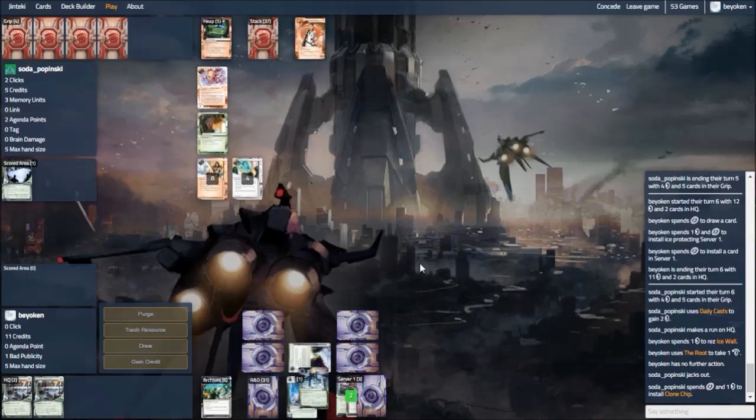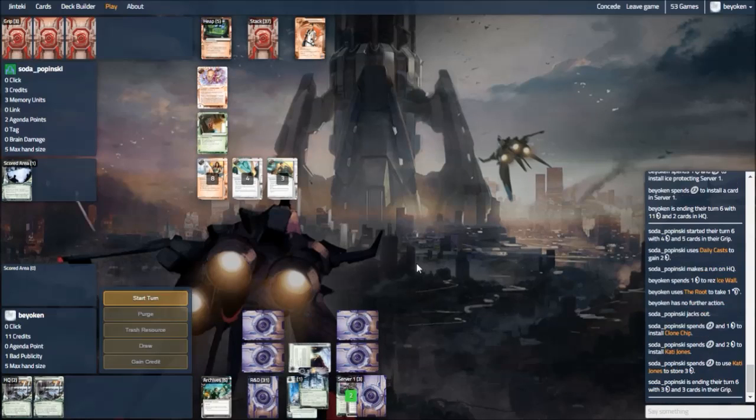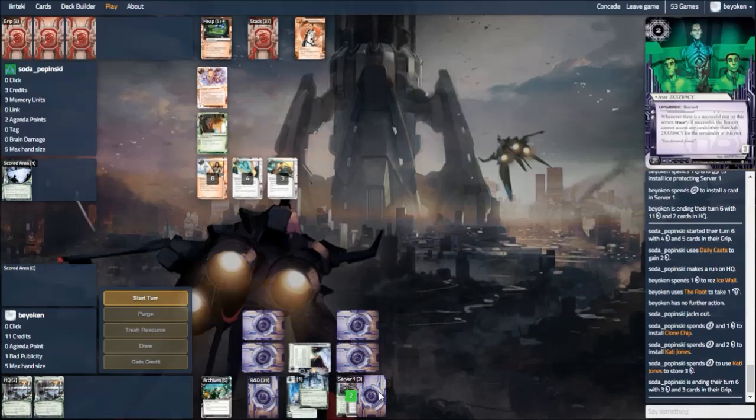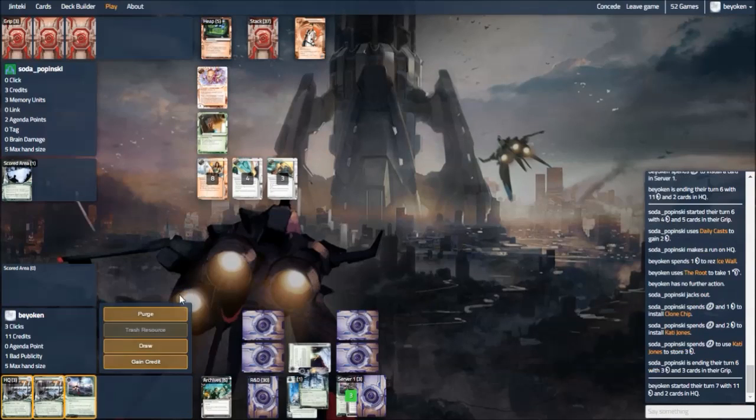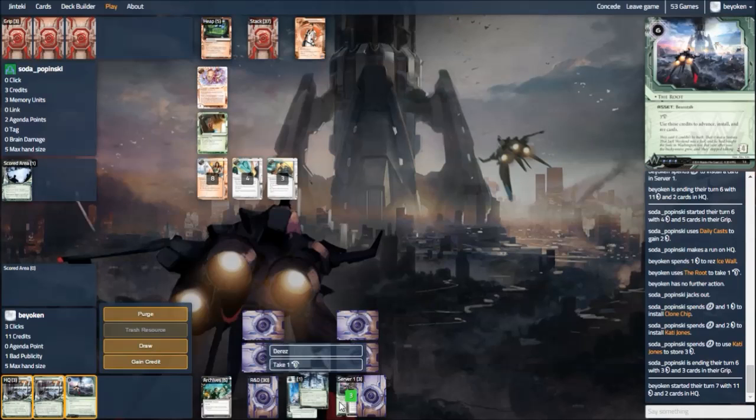And I do use 1 recurring credit to rez the ice wall. So basically, I have 11 credits in my pool. I probably won't use too many of them, because the root should fuel me for the rest of the game, which is pretty cool. And of course, the best thing is when you draw your second copy of the root,